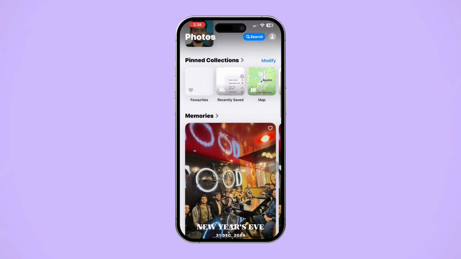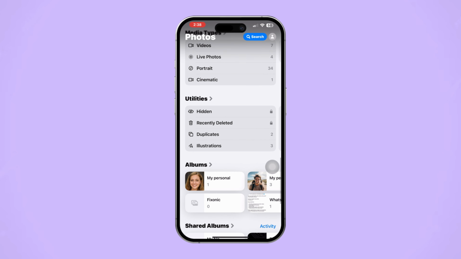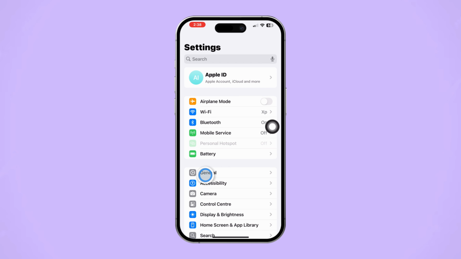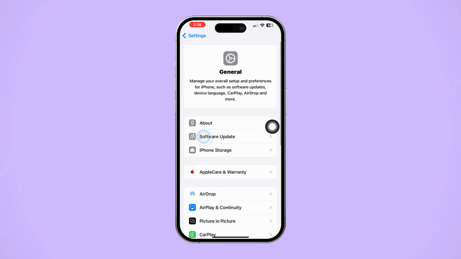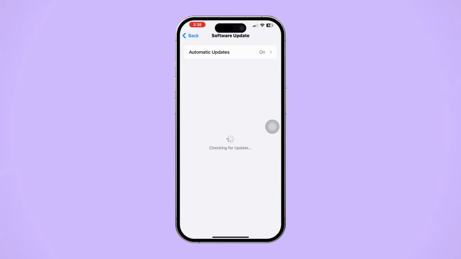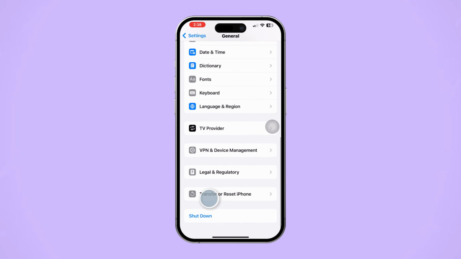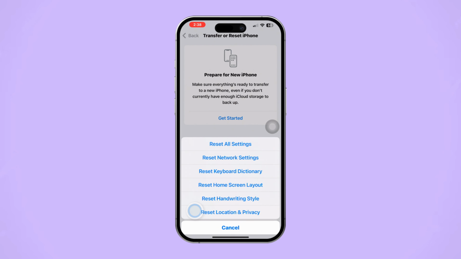If you still can't get your hidden or unhide option from the Photos app, do these last steps. Open Settings, tap General, scroll down, tap Software Update. If there is new software available, update it. If there is no software update, then go back, scroll down, tap Transfer or Reset, tap Reset, tap Reset All